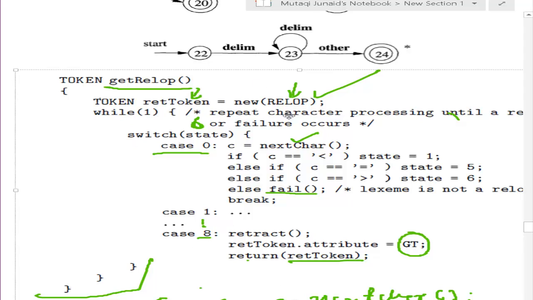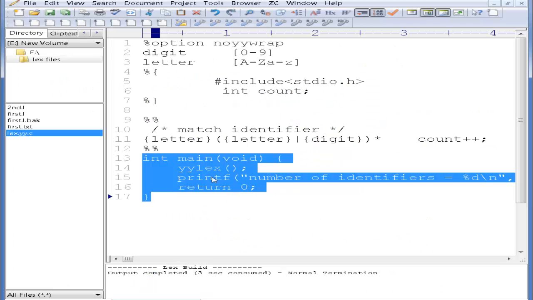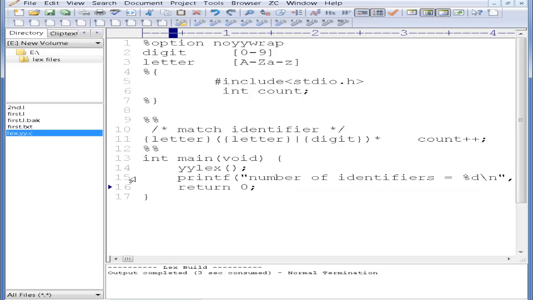Okay, this will stay forever there executing unless we reach the end of the file or there is some mismatch and a failed state. So that means when I execute this YYLex, it actually calls that lex method in lex.yy.c, which runs that while loop infinitely. So it never comes to line number 15 unless we have an end of file or some fail statement. Okay, so if you want to run it